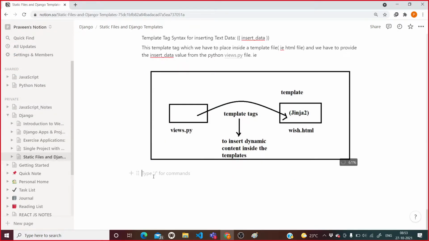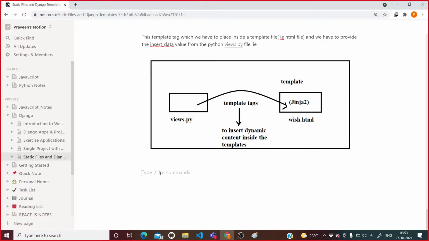Fine. Now see, we are going to create an application which is going to send date and time from views.py to the template file. Is it clear? How to do that?